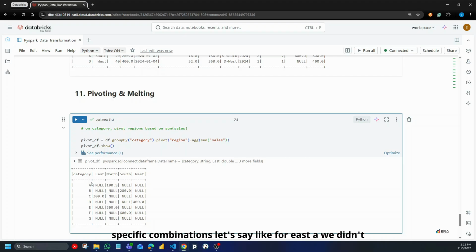Let's say for East A, we didn't have any value for that, so it will assume null, and for South A, it assumes null, so all the combinations will be shown there. So this is about